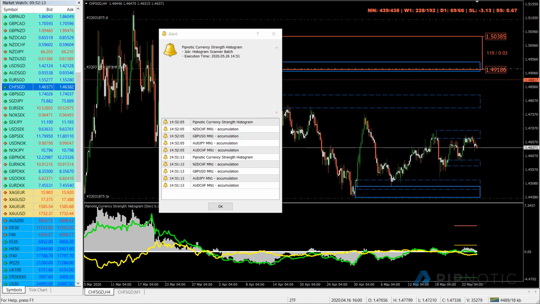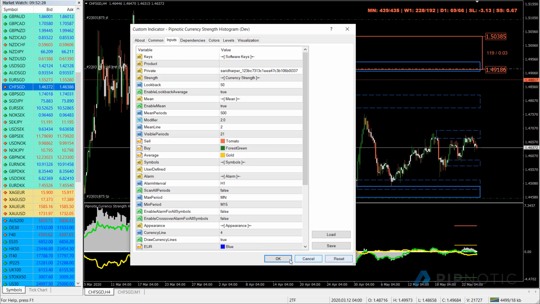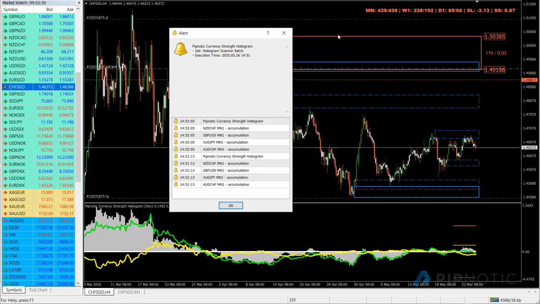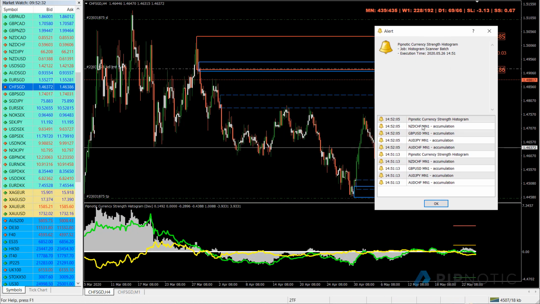Okay, so it's just finished, and it has scanned all currency pairs on all time frames between the monthly and the 15-minute chart, and it's identified 1, 2, 3, 4 charts. So if I disable this so it doesn't run again, I can use this to have a closer look. So I can go to the Swiss franc. I go to the Swiss franc,